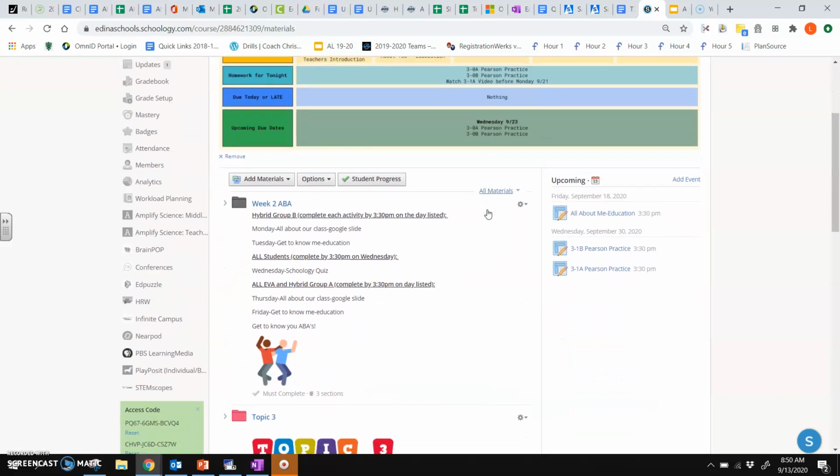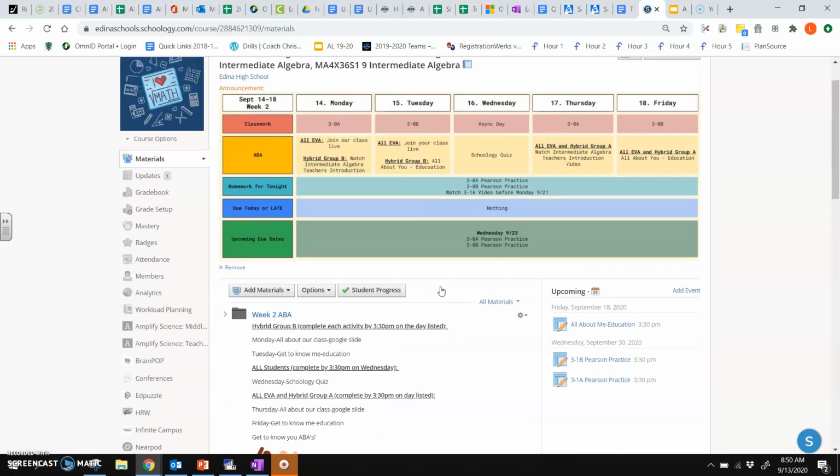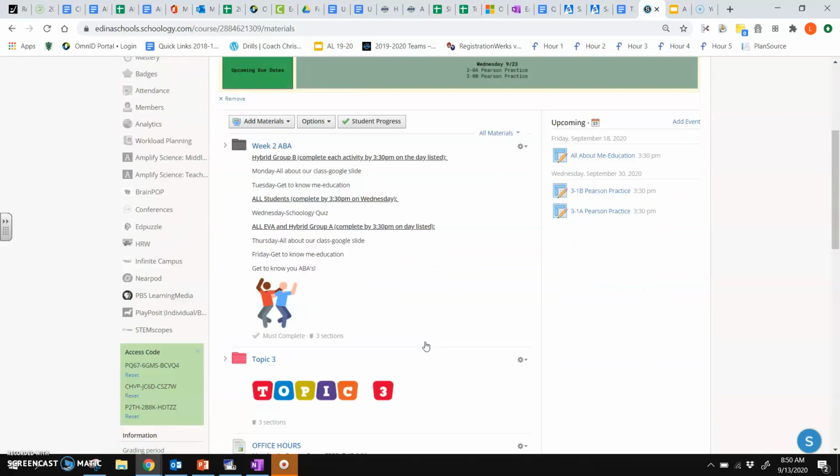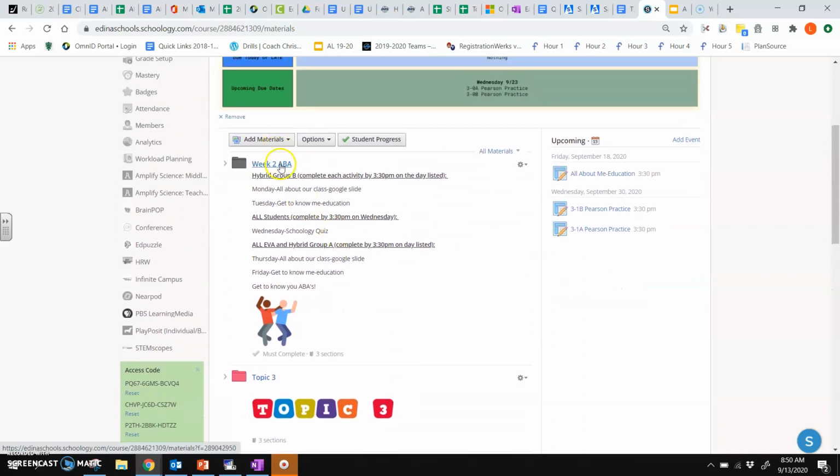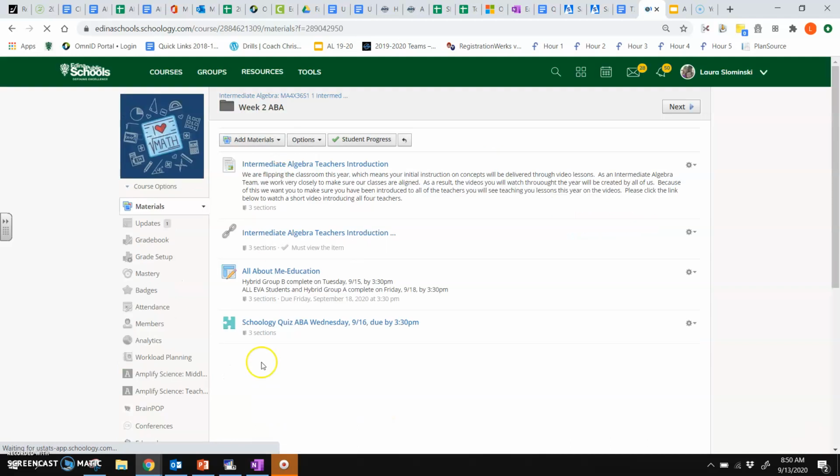It is actually going to be about the Schoology page. It's going to be checking, can you read the calendar? Can you find things you need to find? Do you know when my office hours are? And so on. So in order to find that, again, you'd go into the ABA, and it's going to be